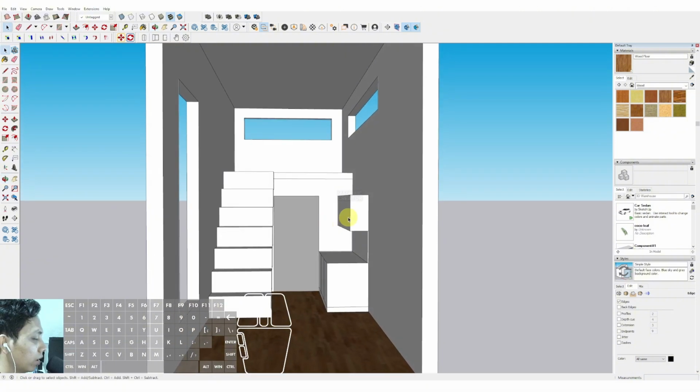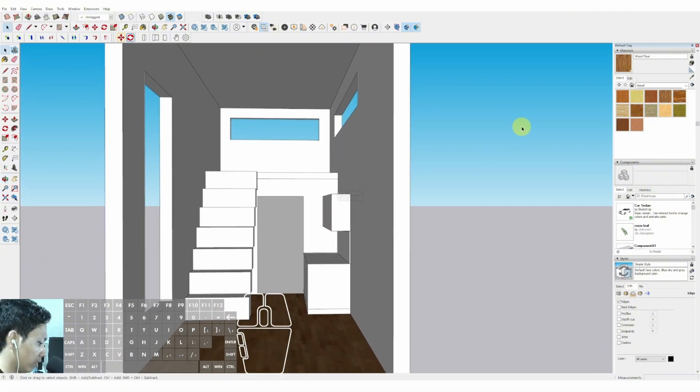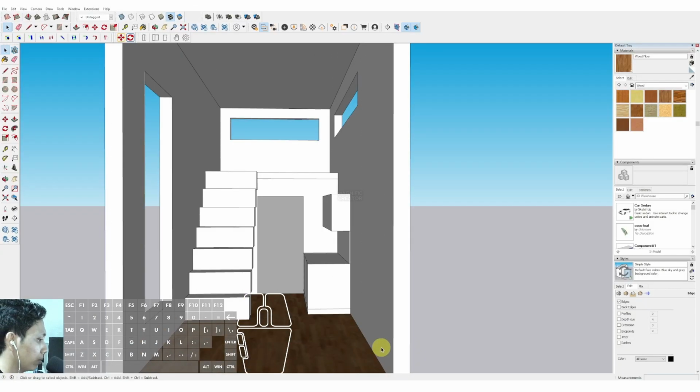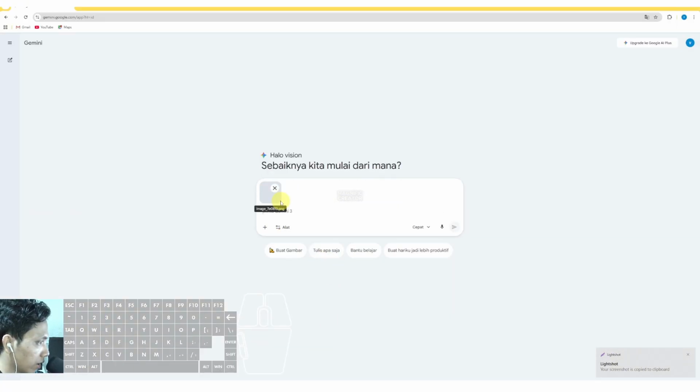Okay, now we can screenshot. We can screenshot this one with the screenshot tool. Okay, then we can copy it. Then we can place this one and just set it to the Nano Banana, and we can type the prompt